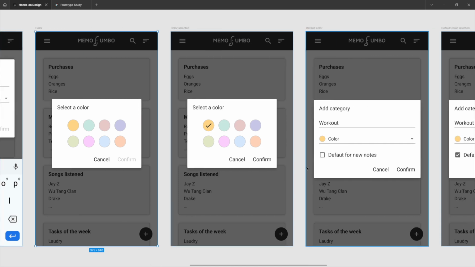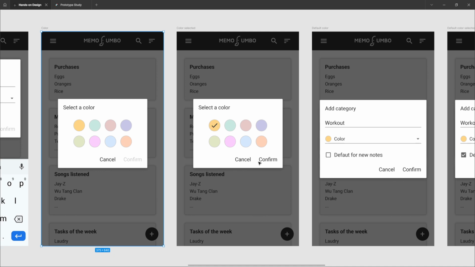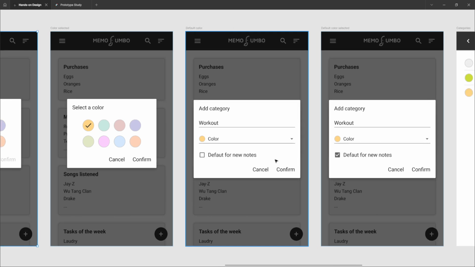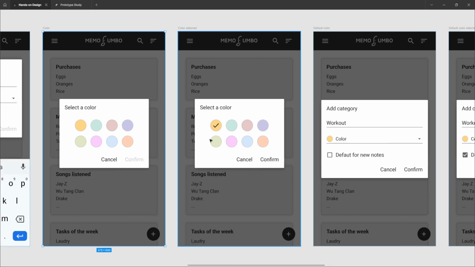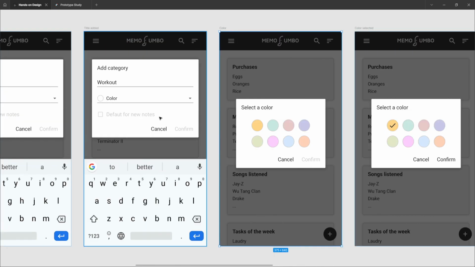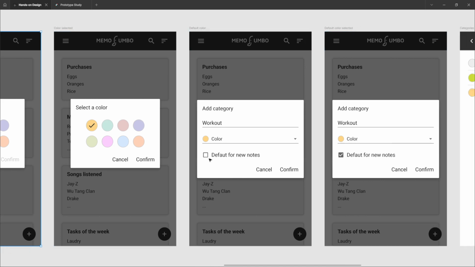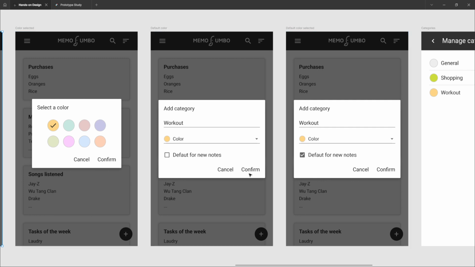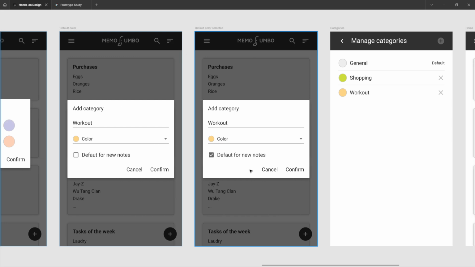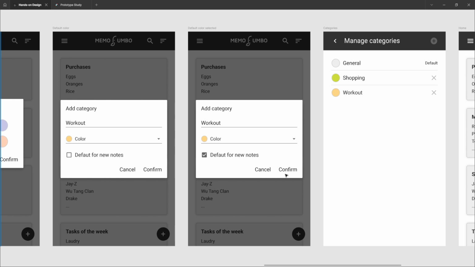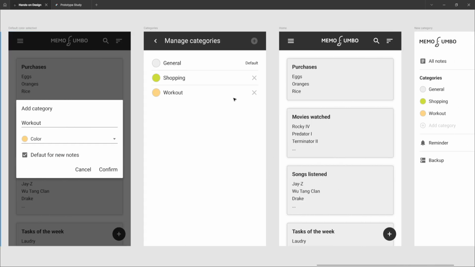black color. Here we are adding this check mark and making the button able to be clicked. So just changing color. And this modal, we have title, we have this entry and also this entry. So here it changed. Before that it was white, while we hadn't picked a color. And then we can also see that we can check this default color for new notes. The confirm button is normal, regular, able to be clicked. And then the last one is this selected check box. Then we can confirm. We go to the next screen, and then this screen